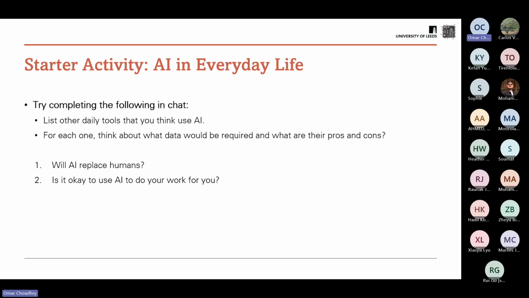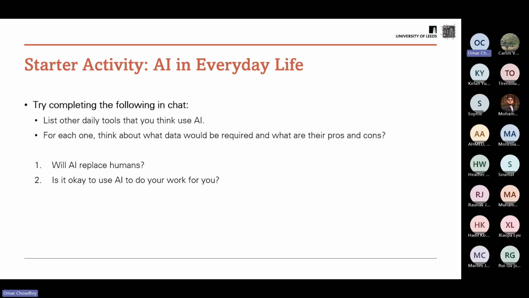What I thought I'd like you to do first is why don't you think about and put in the chat just where do you see some tools in your daily life that you think use AI? And think about what kind of data would be required. So this is a very important word that we use when it comes to AI, and that's information, right? So when you're using a chatbot, that might just be text. So just think about what kind of tools do you use and do you see? And what kind of data will be required? And what do you think are some of the pros and cons of some of these tools?